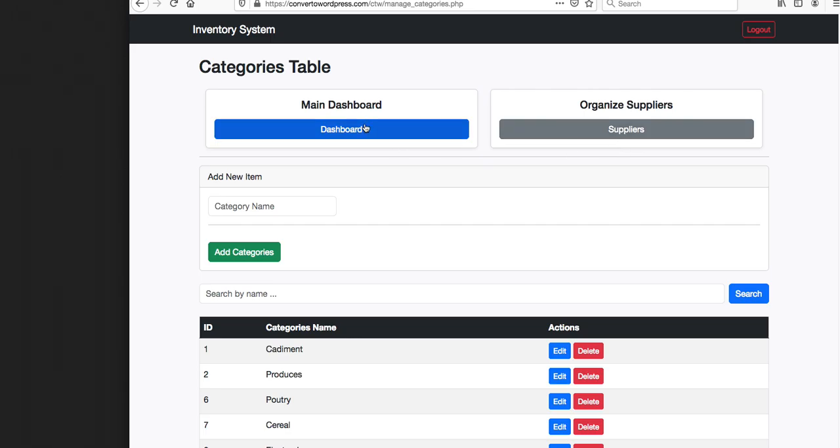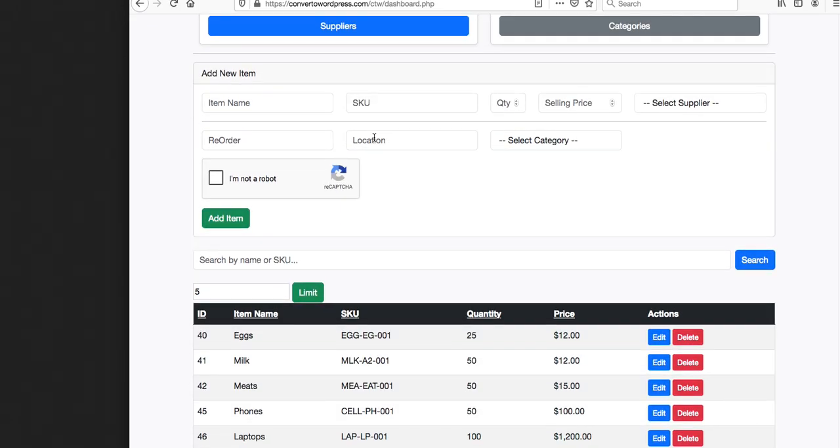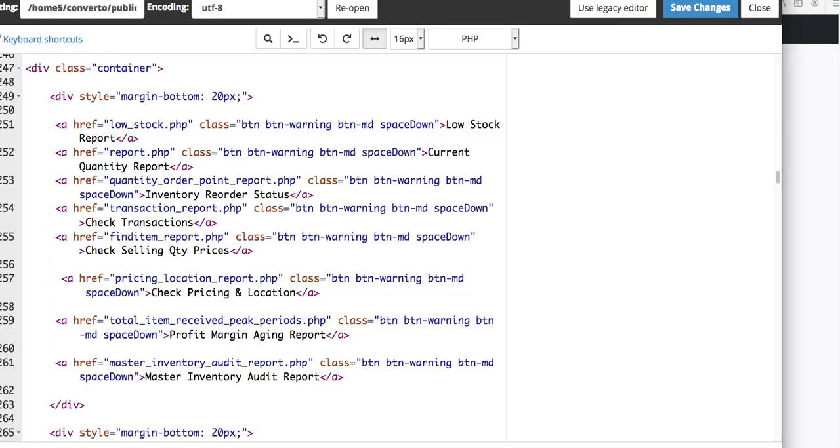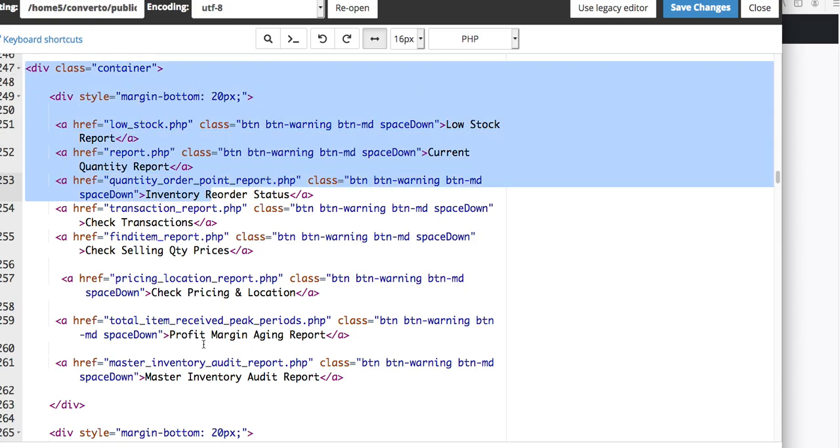Anyway, we're in the dashboard. We're here. So you've seen this already. I mean, I went through all this already. So these are the reports, and each report, I'm going to click on each report. First, let me show you what the dashboard is. Okay, here's the dashboard, and basically, it's all this. This is it right here. All this